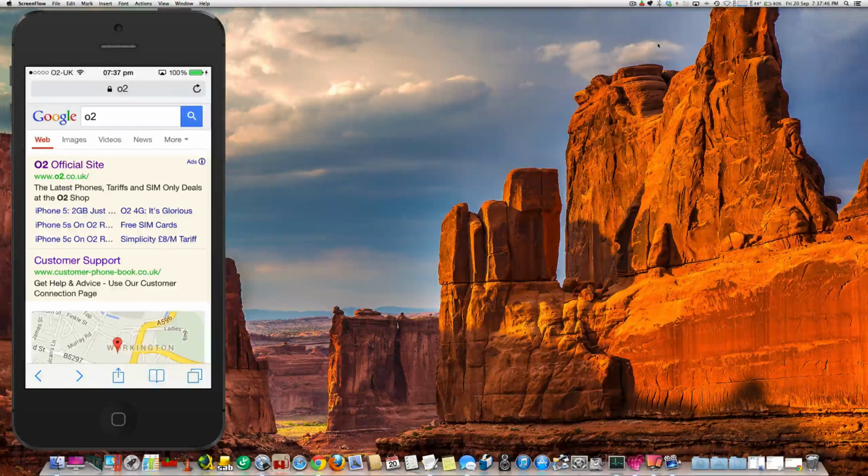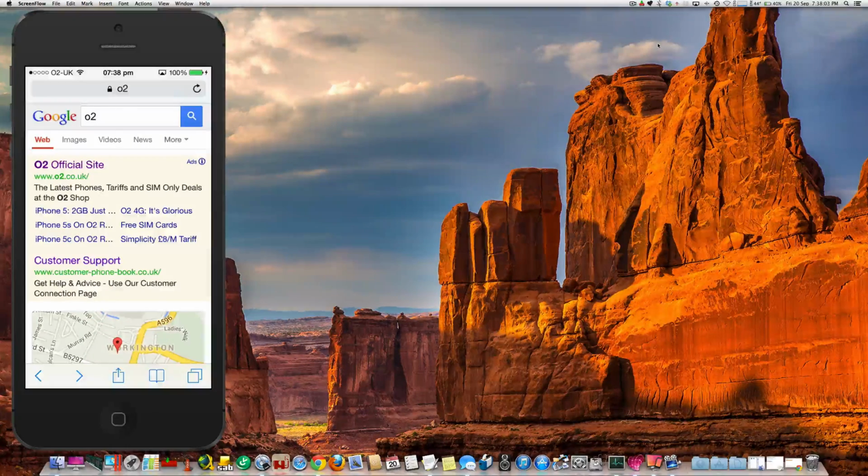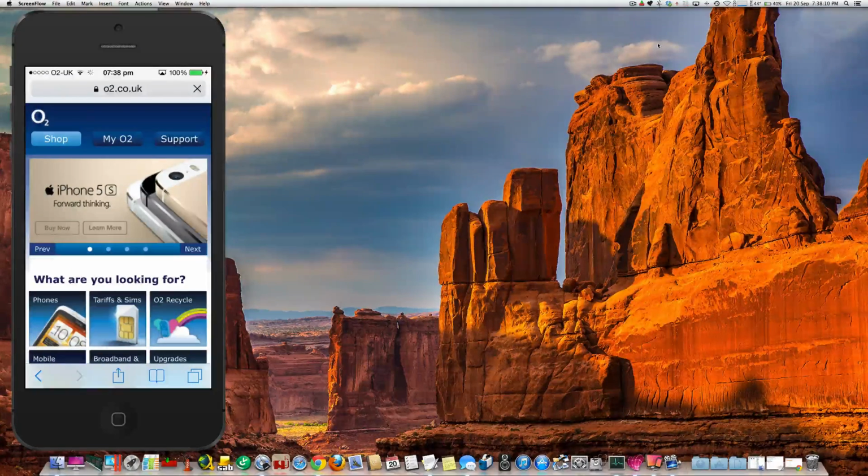Now I can also swipe from the right side of the page to the left, and that will move me forward a page. So again, a swipe from the left side to the right will get us back to the previous page, and a swipe from the right to the left will take us forward a page. Now I do think this is rather useful in Safari, because you've also got the option of going back and forward,